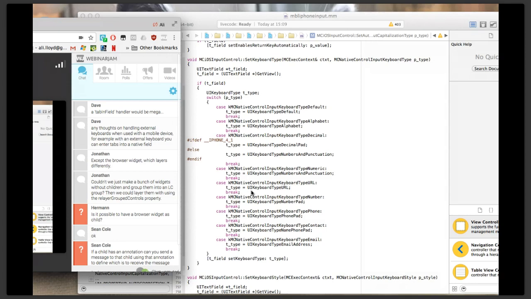Dave says, any thoughts on handling external keyboards when using a mobile device? I'm sure there's almost certainly just some kind of input event message that needs to be handled for that. On Android, I suspect it's possible now. For iOS and Mac, I think we need a more generic